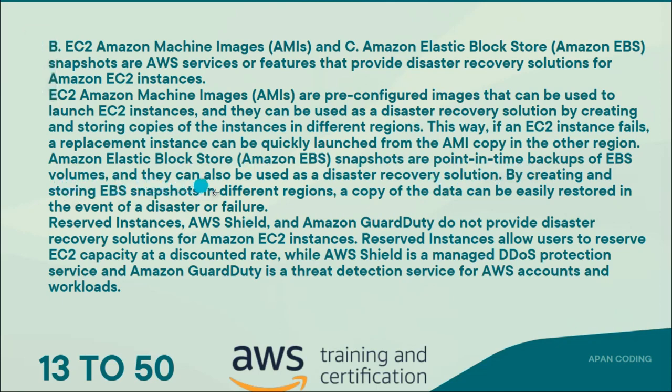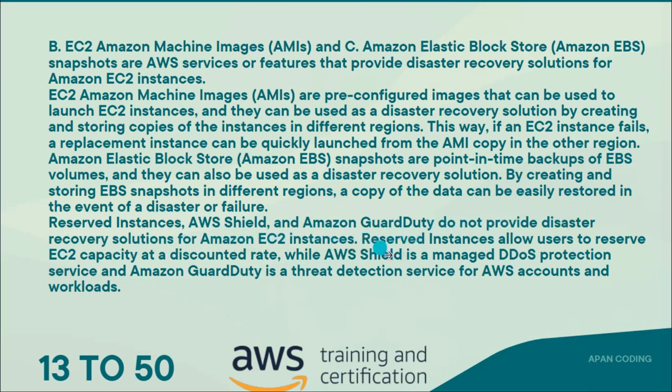volumes. They can also be used for disaster recovery by creating and storing EBS snapshots in different regions. A copy of the data can be easily restored in the event of a disaster or a failure. Reserved Instances, AWS Shield and Amazon GuardDuty do not provide a disaster recovery solution for Amazon EC2